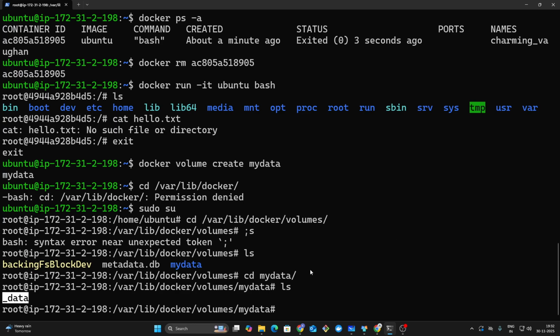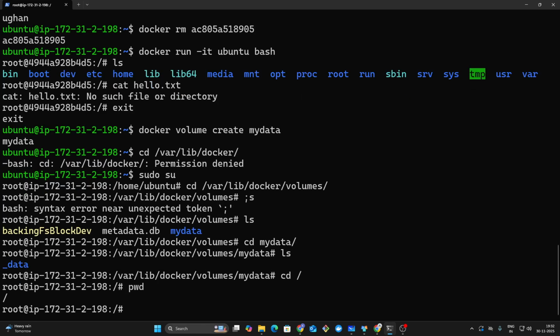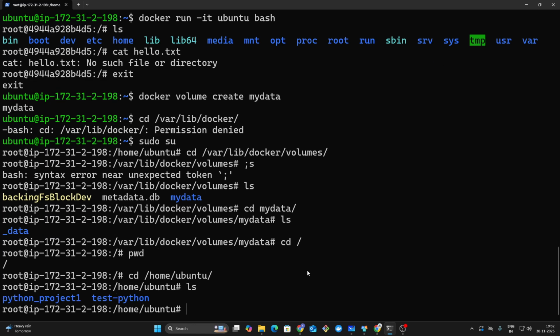So now, how to use the volume? We have created the volume, then how to use that volume? You may have this doubt, right? So let's run with volume. docker run -d for detached mode, -v for volume, because we are going to mount the volume. My data is our volume name, and we are going to mount that under